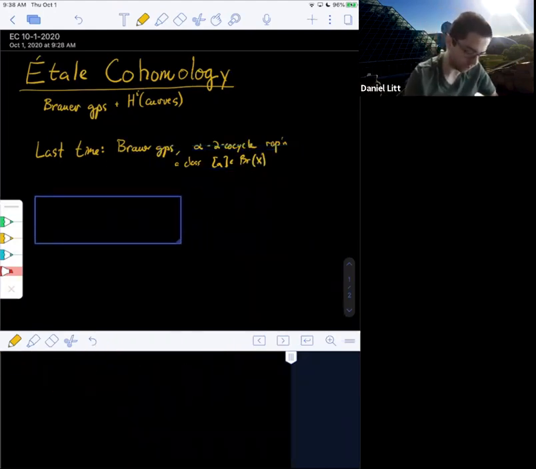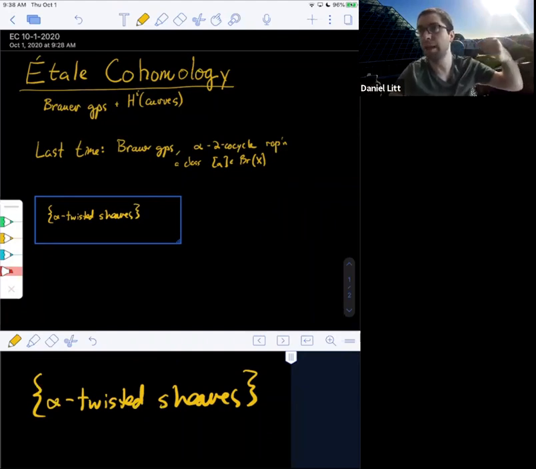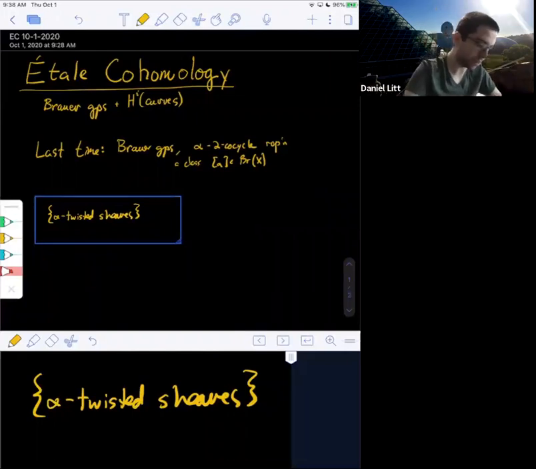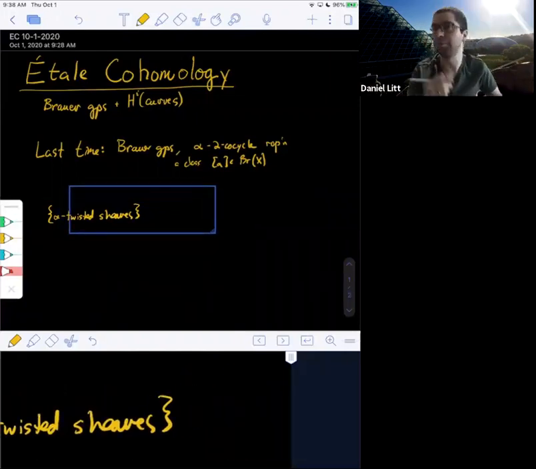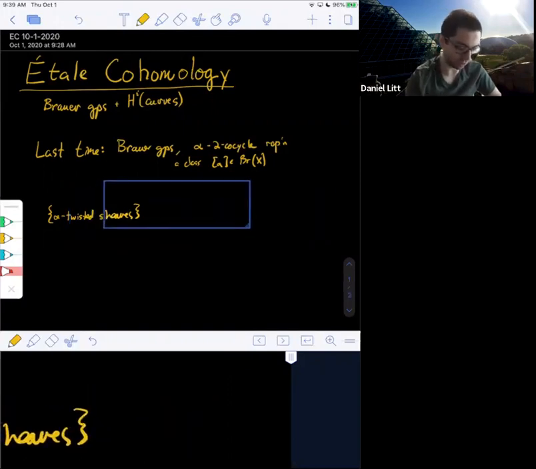So in particular, we discussed a category of alpha twisted sheaves. So briefly, what these were was alpha is a cocycle defined on some cover of X. An alpha twisted sheaf is a sheaf on the cover and kind of twisted descent data. So meaning isomorphisms on the double intersections of our cover, which don't satisfy the cocycle condition, but where their failure to do so is measured by alpha. So this was some kind of very nice category, like an abelian category that looks kind of like quasi-coherent sheaves and is in fact quasi-coherent sheaves if alpha is the constant cocycle 1.